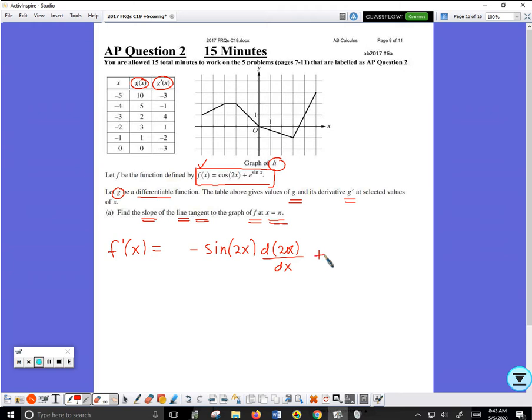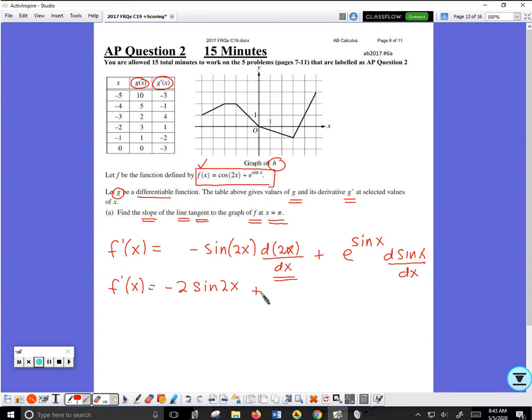The derivative of e to the something is e to that same something multiplied by the derivative of the something. If you look at Susie's circle, the derivative of the sine of x will be the cosine of x. So f prime of x will equal, this derivative is going to be 2. So I'll have negative 2 sine of 2x